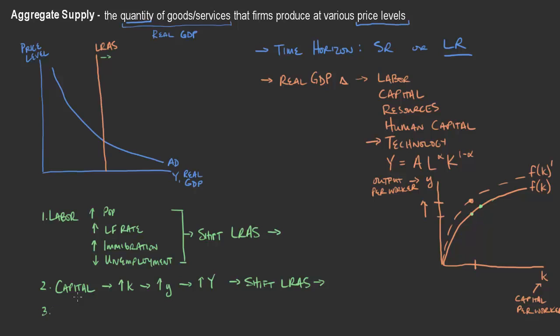So we've got the third one here, I'll mark as resources, and we can think through resources here. And what do we mean by resources? Well, I think the most general way that we think about resources are the input goods that we use. I think the most common one that we can think of is natural resources like oil, right, or water or something like that. And if you're an economy, you have some sort of fixed amount of these things. However, if you had some sort of increase in the availability,